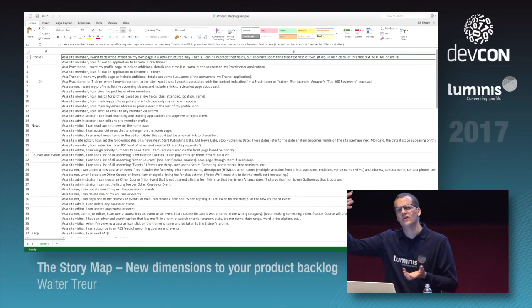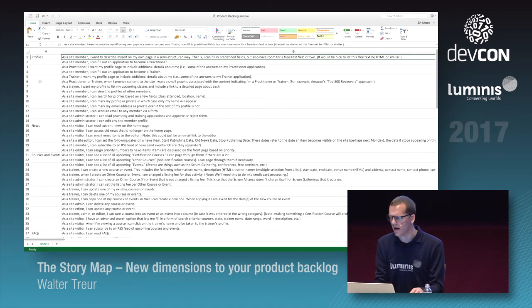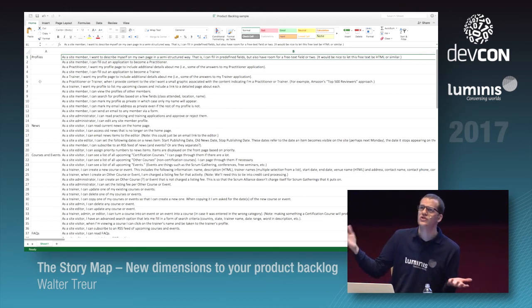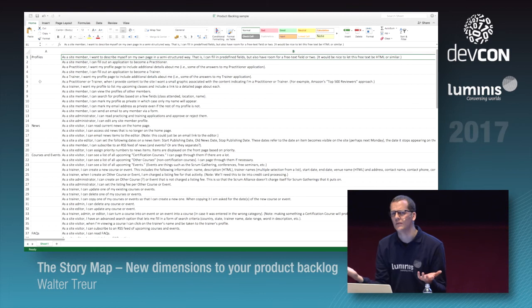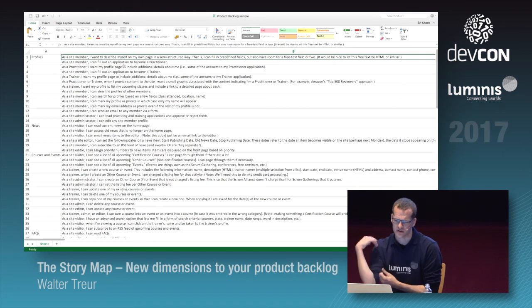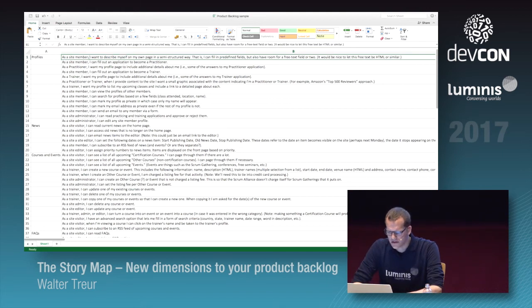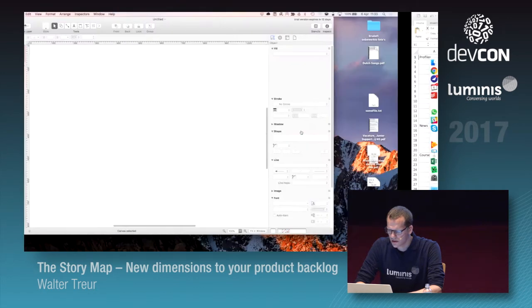So it's already ordered, or grouped, in such a way which you usually see in a real life product backlog. But if you have trouble defining your next feature, or if you have issues seeing the oversight of your enormous product backlog with hundreds and hundreds of stories, user story mapping might help you out. And this is what I want to do with you guys with this existing product backlog. So I'm going to take the profile section first, and I want to start, in this case, with a new